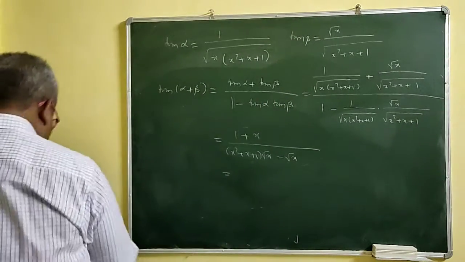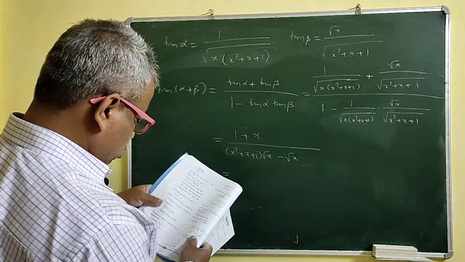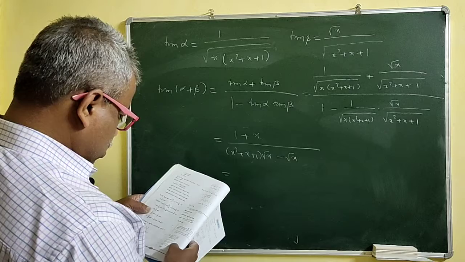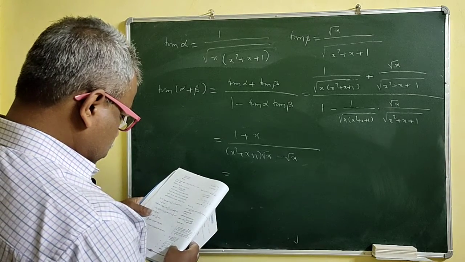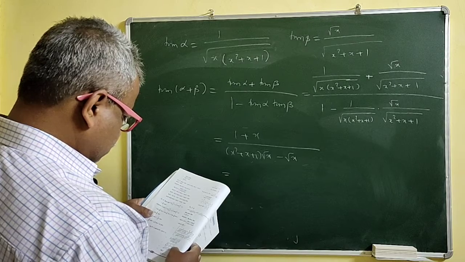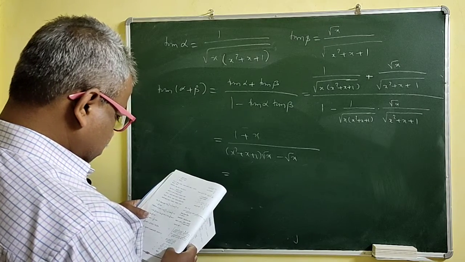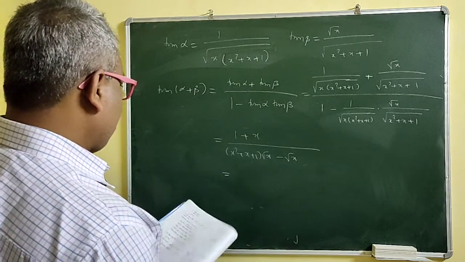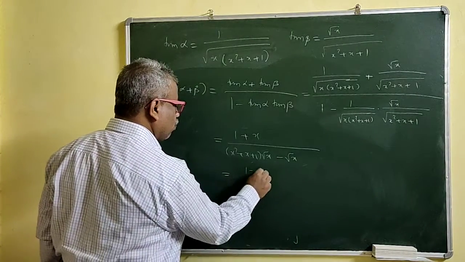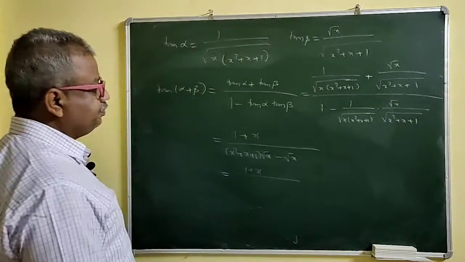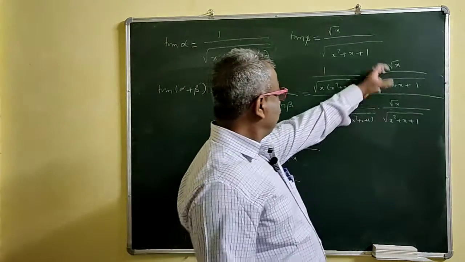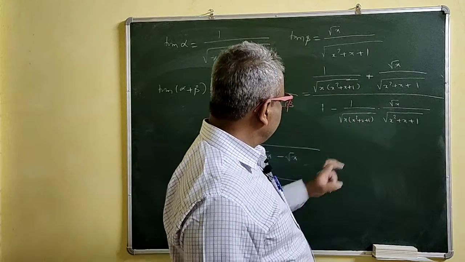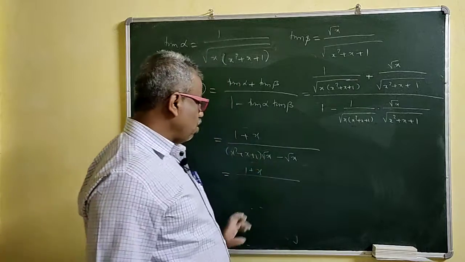Actually what they have given, okay, just we will simplify this. Let's see what happens. 1 plus x upon. We are correct now, because see here root x is not there. Both the denominators, this is a product, right? So it will get cancelled. Root x will be root x. That is x square plus x. All are correct. Okay.